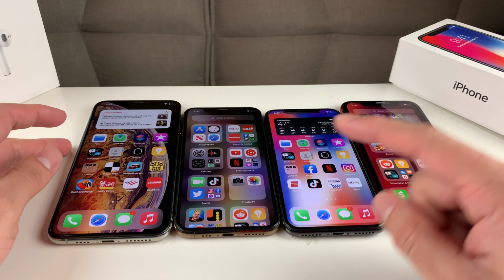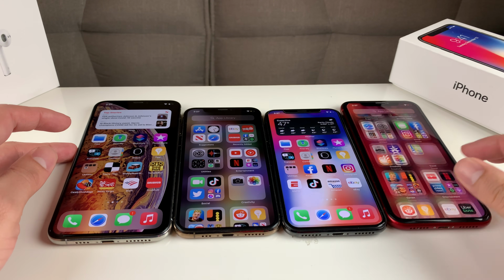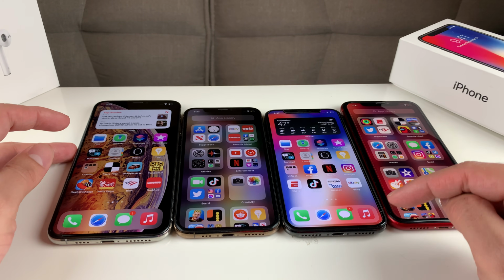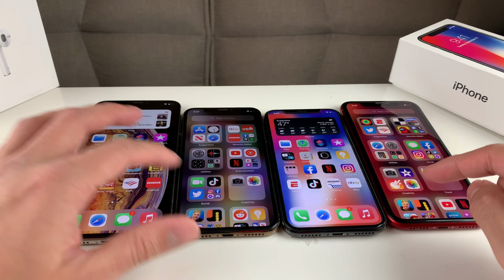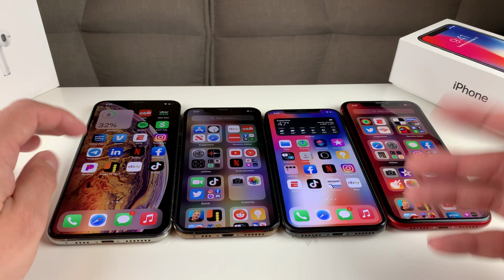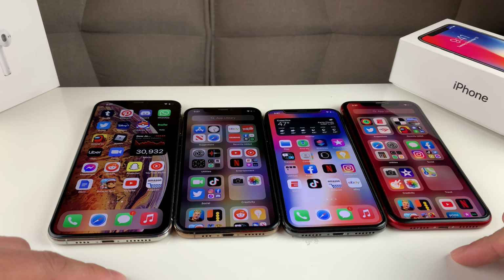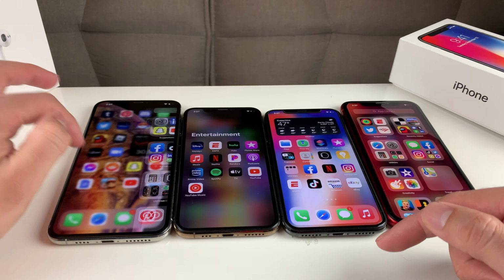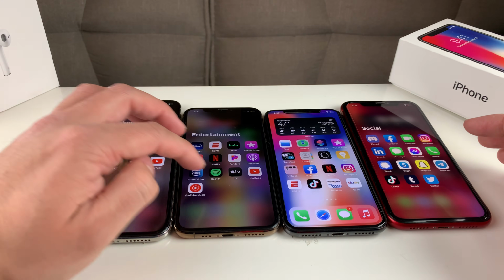But because the iPhone 10 is a year older than the iPhone XR, XS, and the XS Max, you're going to see that the iPhone 10 might get another 2 years of major updates, where the other lineup here, the XR, XS, and the Max, might get 3 years or more. So if you're looking for a phone for 3 years or more, you might be looking at the XS, XS Max, or the XR compared to the X. Nonetheless, all of the popular apps run flawlessly on these devices, whether you're doing social media, whether you're doing gaming,